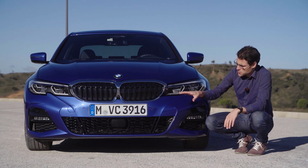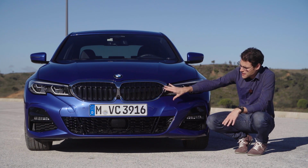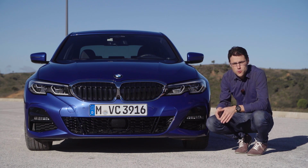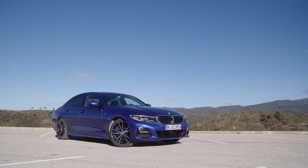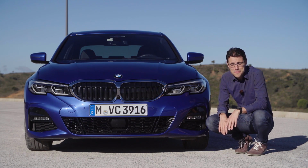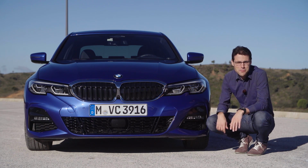The new front is wider, you can see it at the double kidney, just visual, but it's indeed 4 centimeters wider in the track in the front, 2 centimeters more track in the rear, so that also gives a bigger stance on the road. This one here is Portimao blue, to my pleasure, and we're also here in Portimao today,